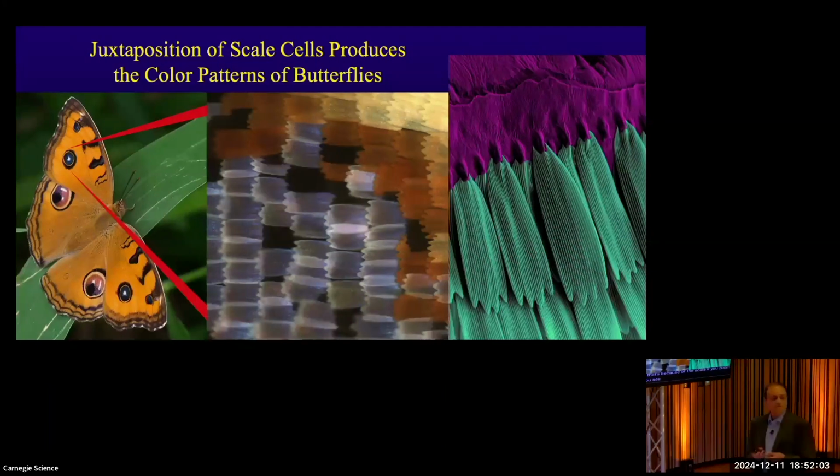So the scales look very tiny to you, but they're actually quite large in the sense that they're a single cell. That cell was growing when it was a chrysalis, but the cell is no longer alive in the adult butterfly. But while it was growing, it became covered in a polymer of sugar called chitin. This is what they make their whole exoskeleton out of. It's a very tough and rugged material. But before the cell dies, in this case, it filled with pigments. So it filled with color, with pigments that make it black, brown, yellow, and so on, okay?